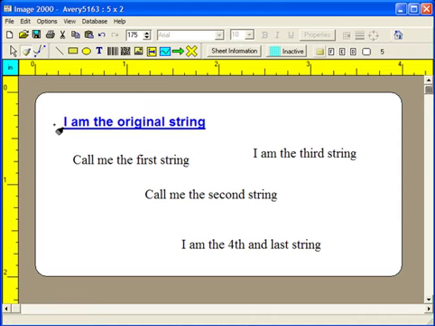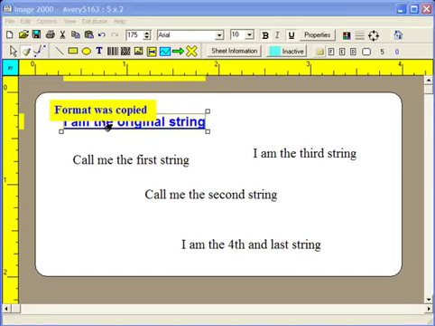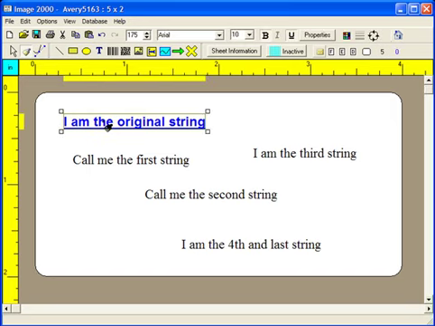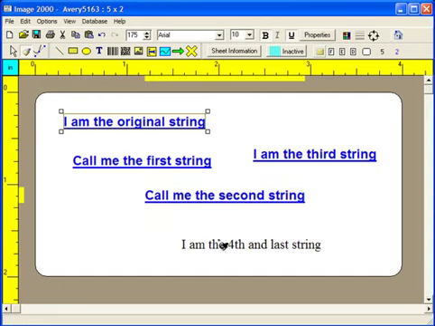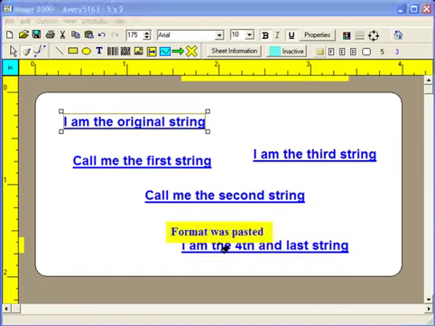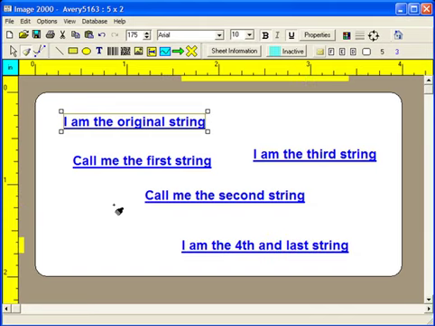Now, the first object we select after starting the Copy Object Format tool is special, as it will have its format properties selected and copied. You will see a brief pop-up message telling you the format was copied. Finally, we will click the other 4 remaining strings one at a time, and we see the format gets pasted into each object. It is just that fast and easy to copy the format from the first selected object to